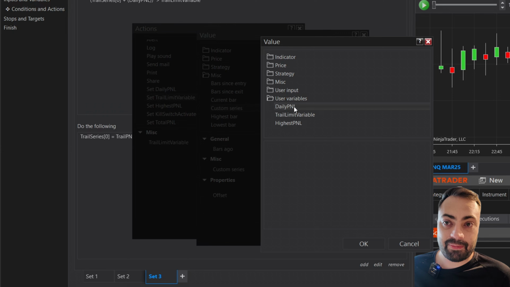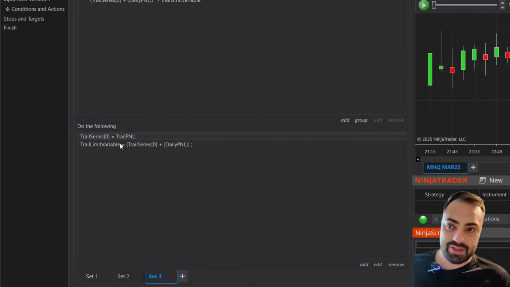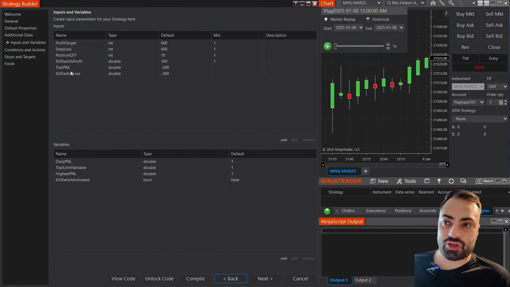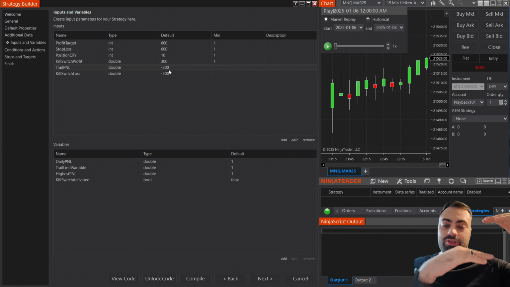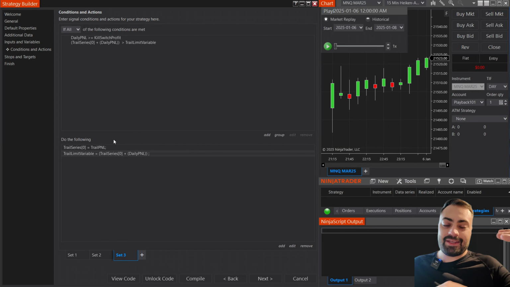So user variable daily PNL. So our trail series is equals to our trail PNL. So if we go back, our trail PNL is that negative number. That's the distance that we want to trail by. So what we're doing is adding a negative number, which actually creates a negative. So we're just taking the current highest PNL and subtracting or adding a negative number,